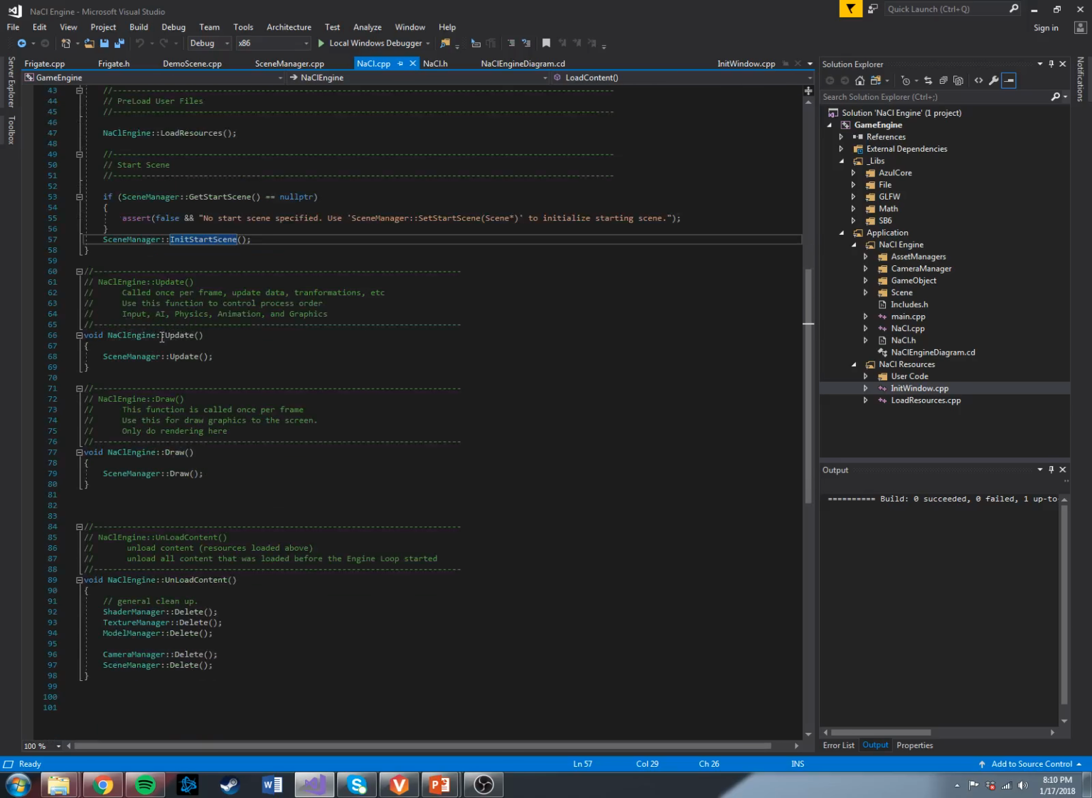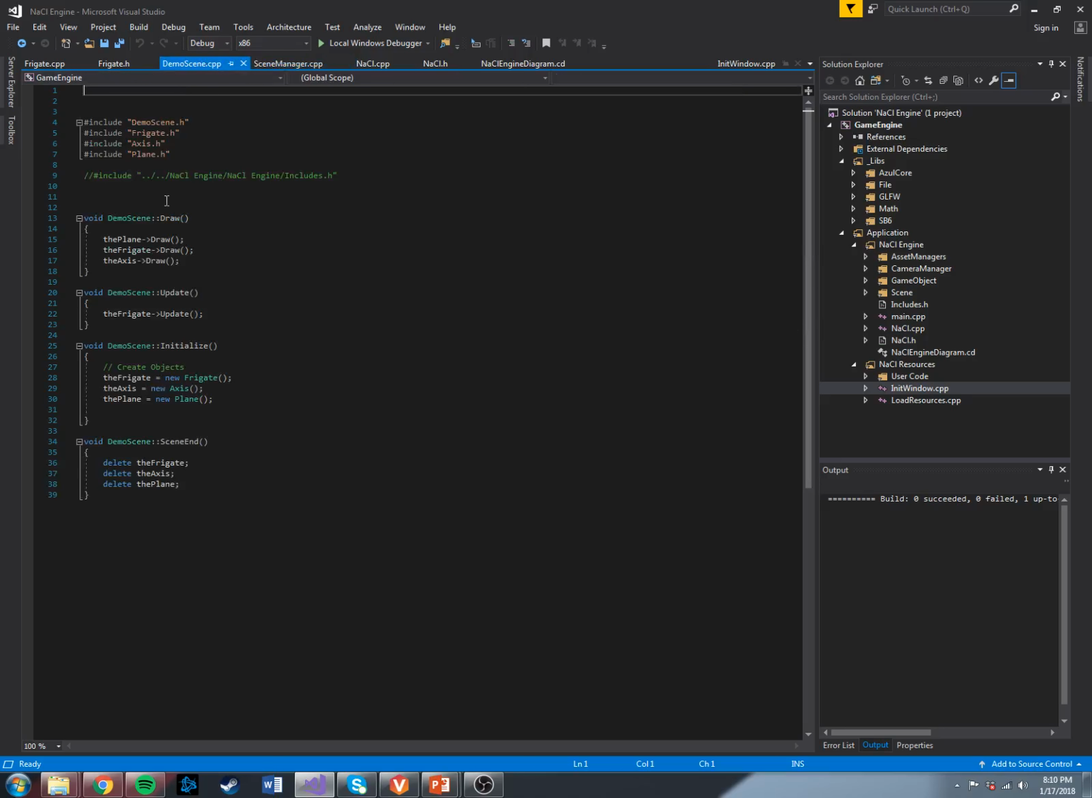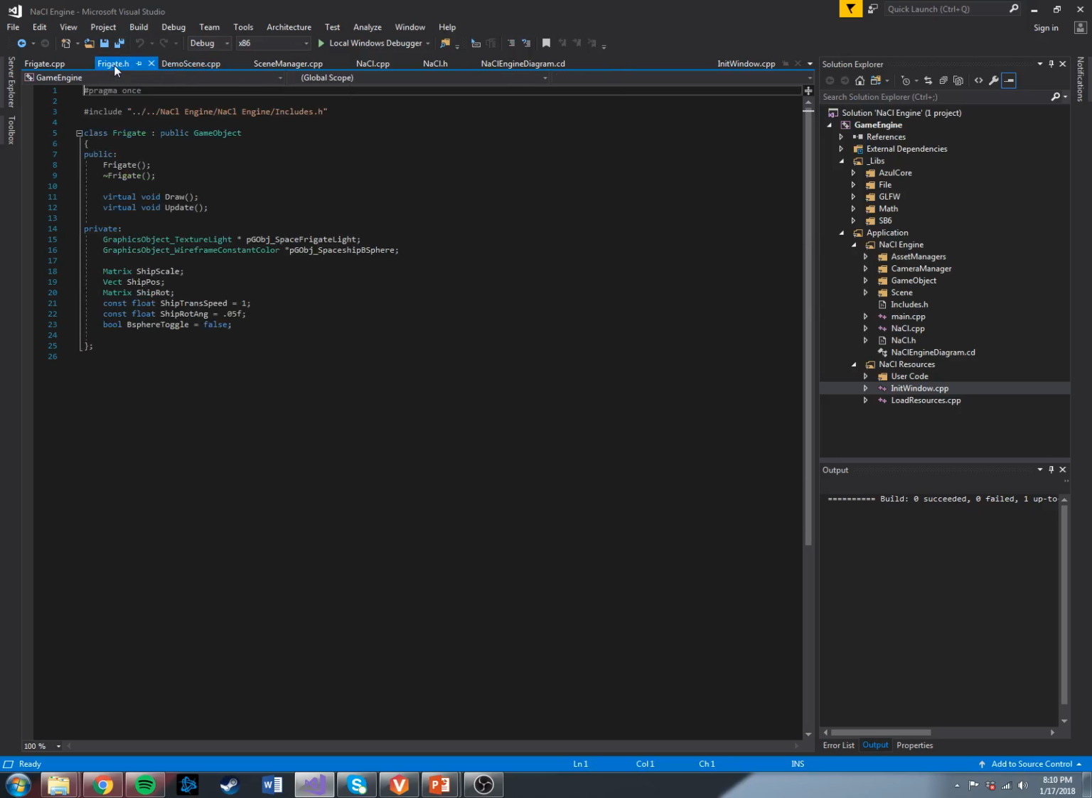The engine calls update to the scene manager update as well as the draw. Stepping down the scene manager update, its current scene updates everything registered to that, and draw works in the same way. And so when we get down to the individual scene, the scene draws the objects, and the scene's update updates the updatable objects. And if we step into a sample game object,